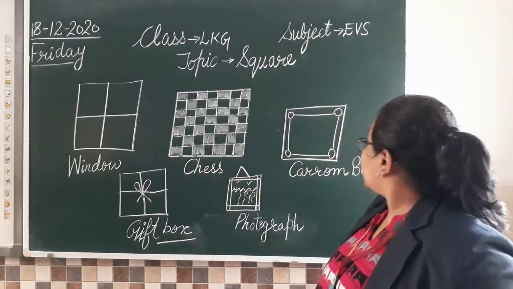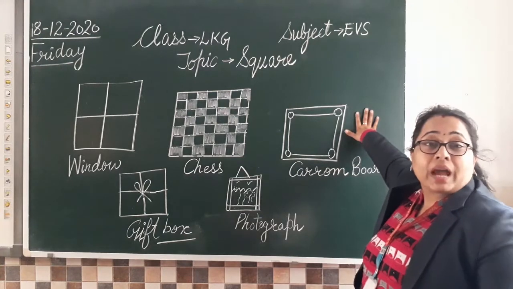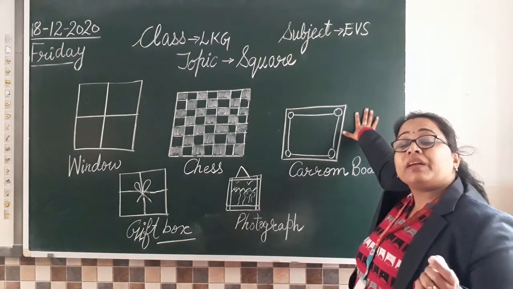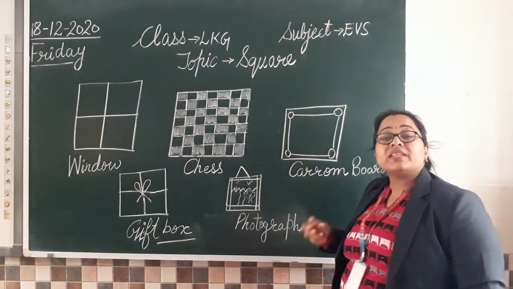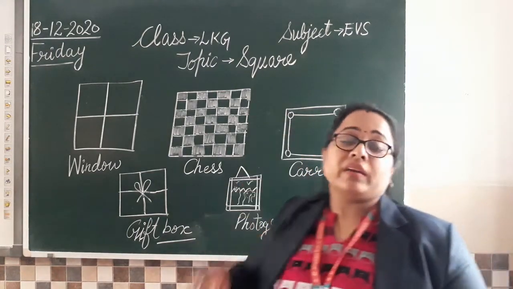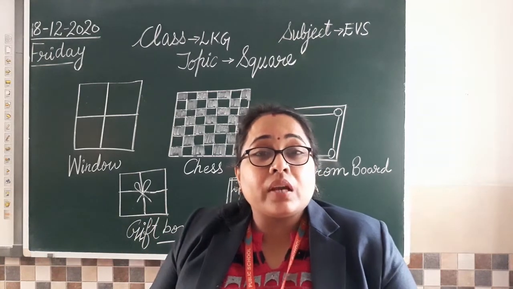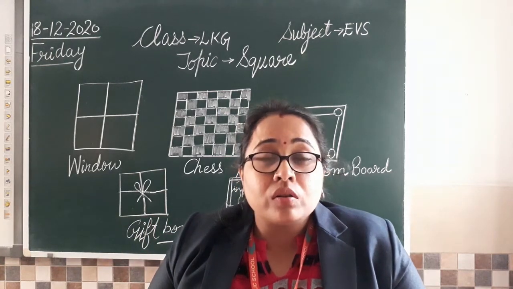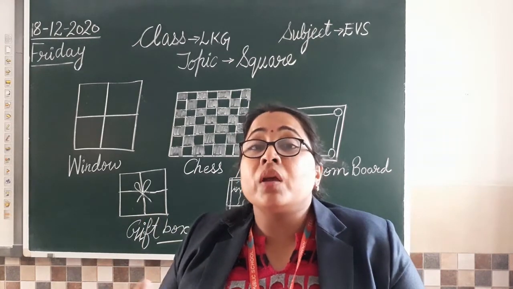Then what else? Carrom board. Yes, we all love playing carrom. मैम ने आपको बताया था there is a board having four wells. Wells यानी कुएं जिनमें coin गिरता है. Then we have a striker. Circle shape का होता है वो. You are all aware of circle also. So circle shape के coins और strikers होते हैं and we play with them.